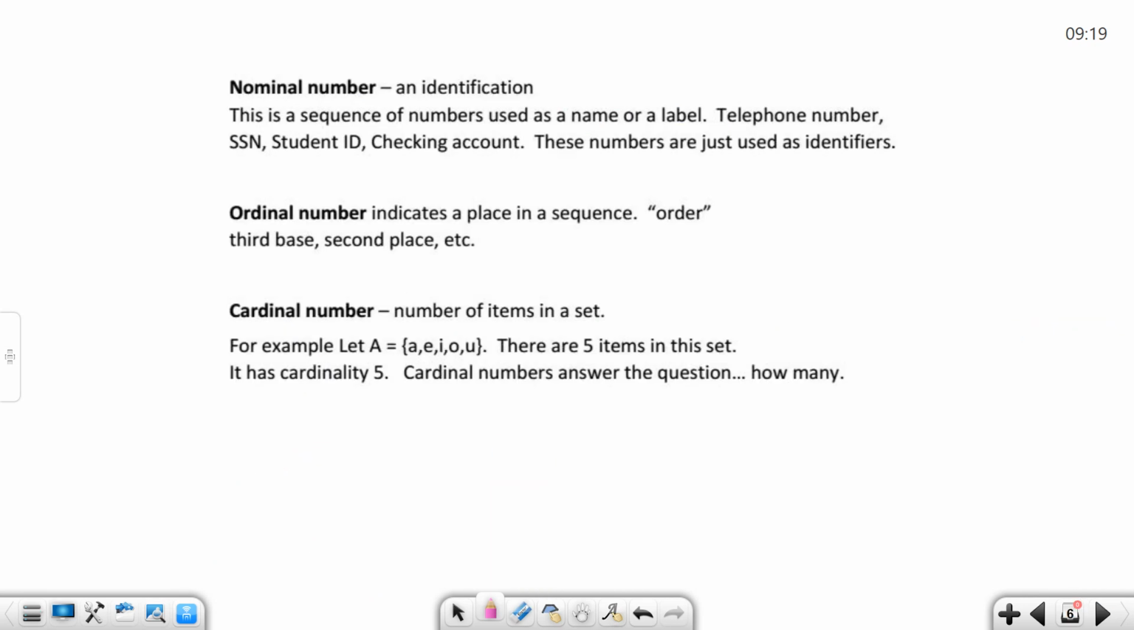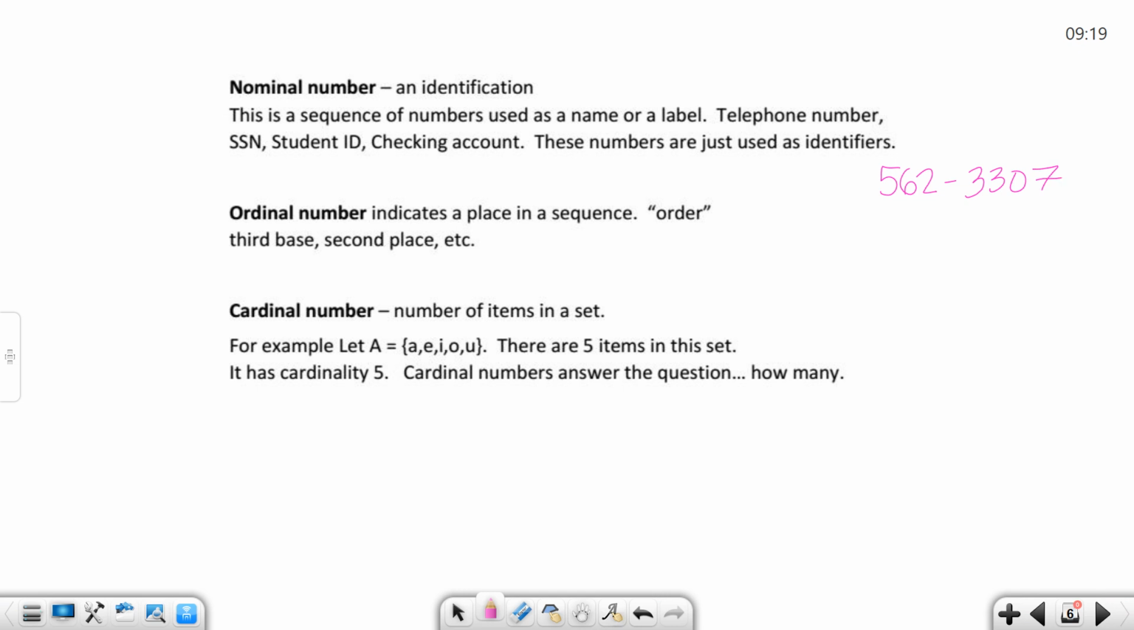Alright, so moving on along, this time we've got a few definitions, and our definitions are nominal, ordinal, and cardinal. In these problems, I'm going to give you a number, and I'm going to ask you what type it is. So a nominal number is like a student ID, a checking account, a social security number, a telephone number. For example, my telephone number here at work is